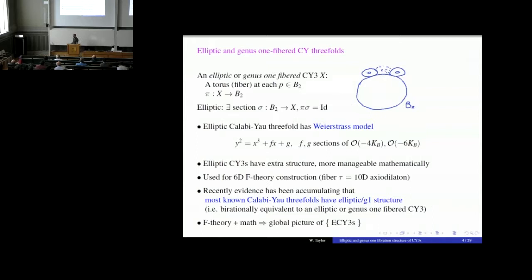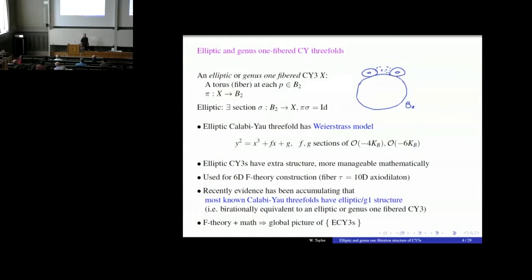So just a comment on the structure of this talk. Most of what I'm going to say today is more mathematical in the sense that it relates to the mathematical structure of Calabi Yaus, but the motivation is largely coming from physics. The reason I want to understand elliptic Calabi Yau manifolds is for the purpose of understanding F-theory, and the methodology that I'll use in the talk is sort of a physicist-style combination of experiment, by which in this case I mean direct computation, and more theoretical